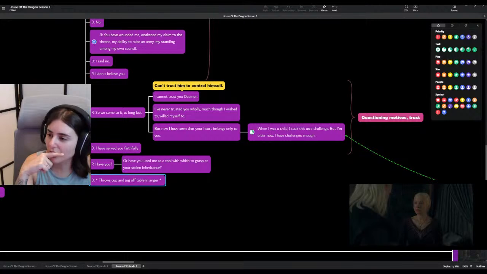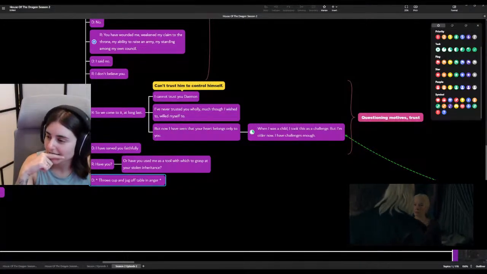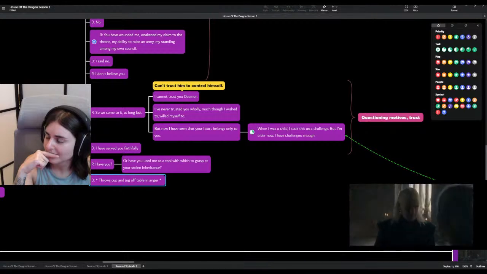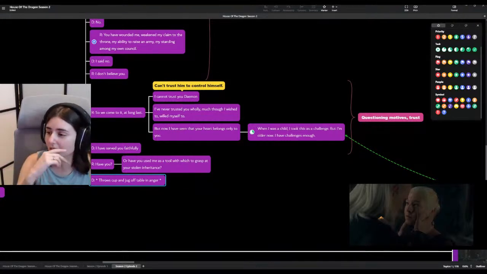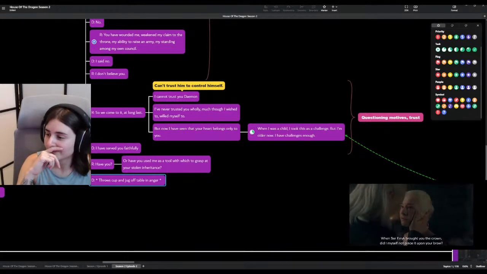Don't you dare question his love for you, Rhaenyra. Oh, he's not strangling her this time. When Sir Eric brought